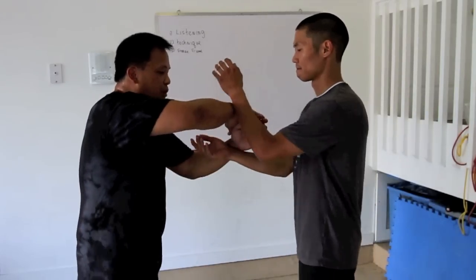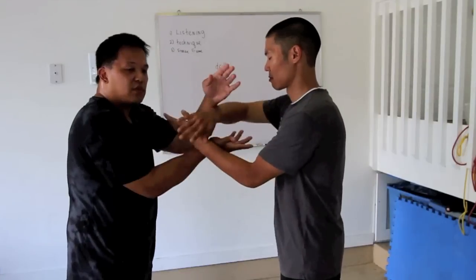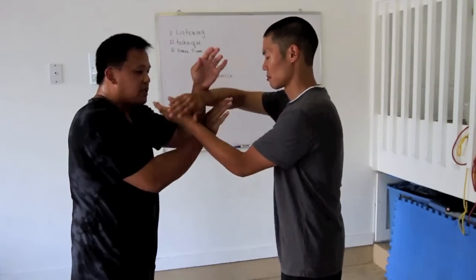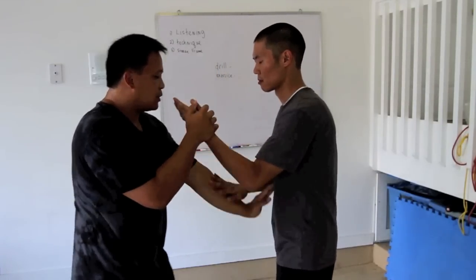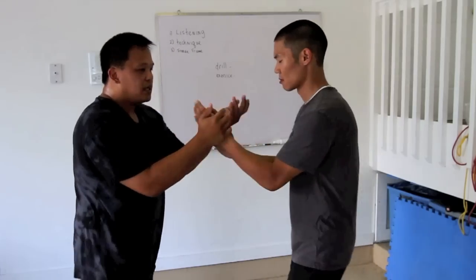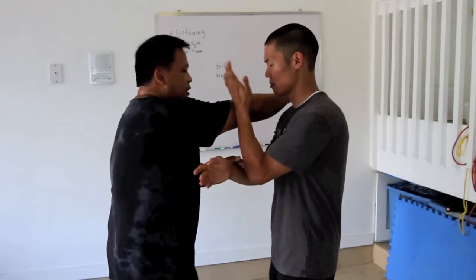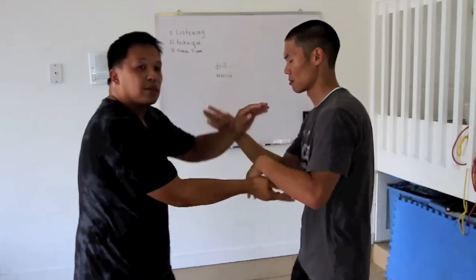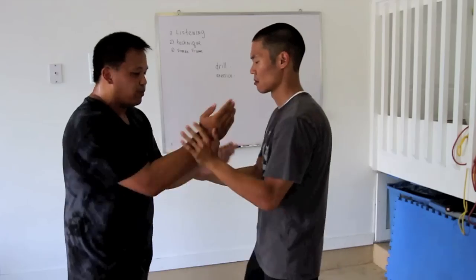So here in this drill, I'm going to start off the attack. I'm just going to do attacks, and he's not going to use any technique. He's just basically going to follow his hands, trust what he feels. See, simple. You don't have to go blazing fast first. See? He's not even looking. He's just trying to feel exactly which way he's going, and then trust what he feels. Sometimes you may make mistakes, other times you may not, but as long as he matches both sides of the hands,